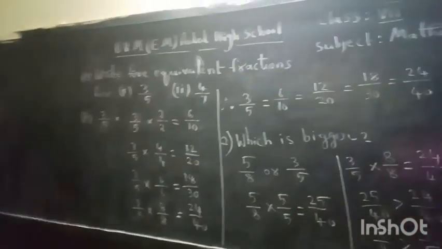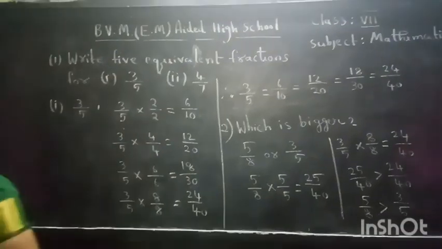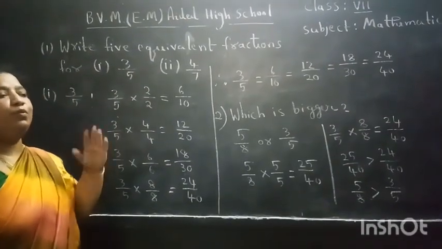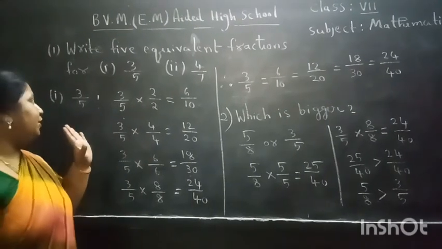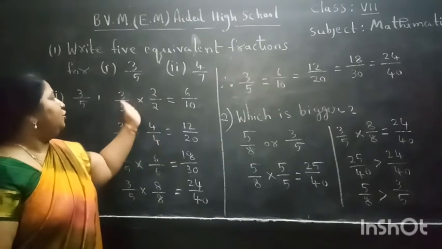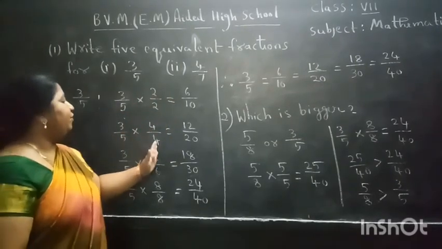Again I repeat now. Write 5 equivalent fractions for the first one, 3 by 5, and the second one, 4 by 7. Equivalent fractions means numerator and denominator both are multiplied or divided by the same number. 3 by 5 multiplied by 2 by 2. 3 2s are 6, 5 2s are 10. 3 by 5 multiplied by 4 by 4. 3 4s are